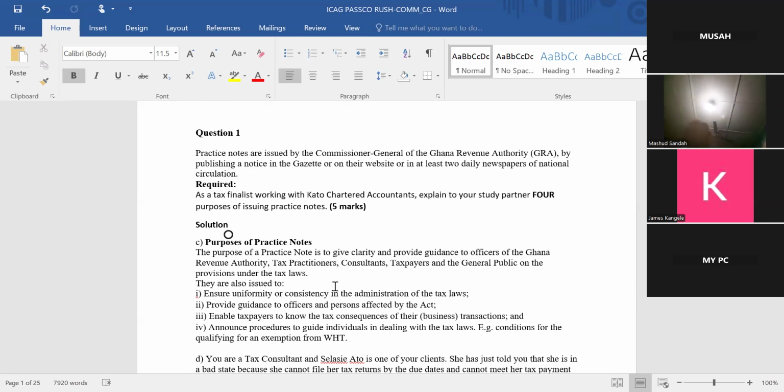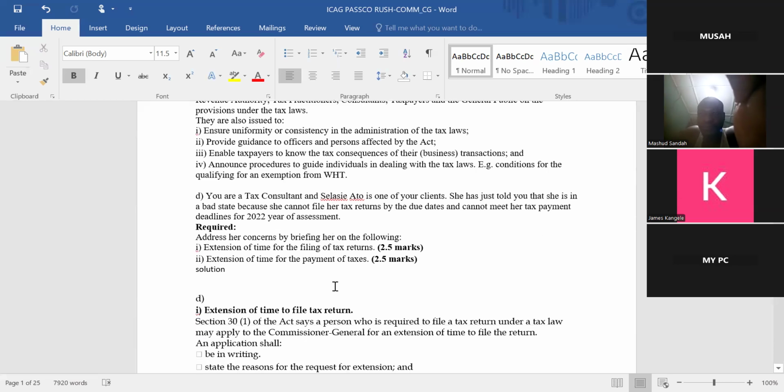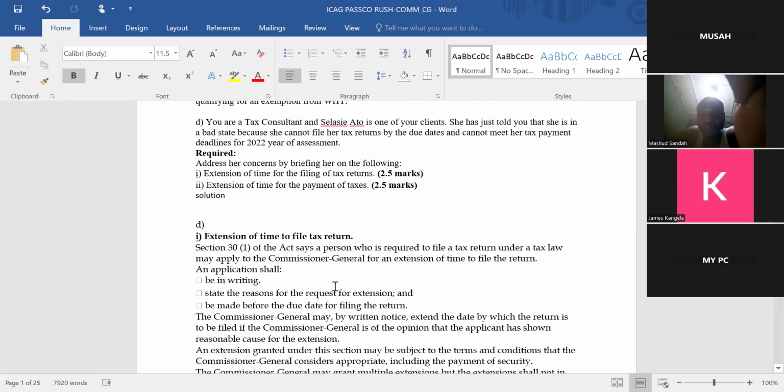So sometimes, if you have to do with interpretation or analysis, after introducing, you also have to state the position of the law before you can apply it to the case and draw your conclusion. But we'll get there when we get to tax planning and the rest. We'll try to do that. But this is more or less straightforward. Communication with GRA is quite straightforward.